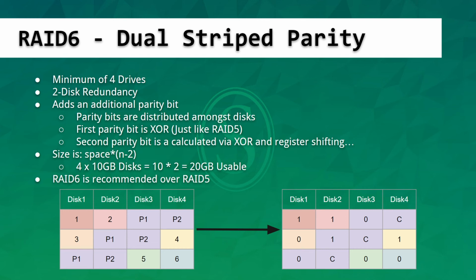And finally, RAID 6 is recommended over RAID 5. And this is for a few reasons. We talked in the RAID 5 slide about how during a rebuild, performance will be diminished. Well, in addition to performance being diminished, your RAID array is incredibly volatile. It's being taxed hardest it's ever been taxed. It's being asked to complete so many operations, and